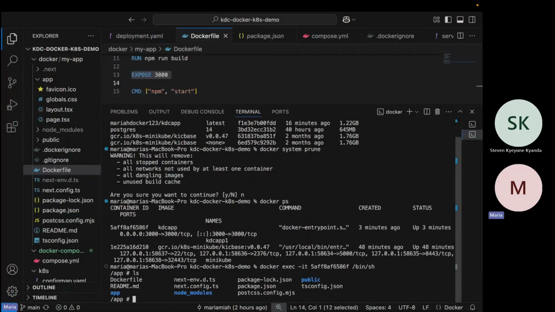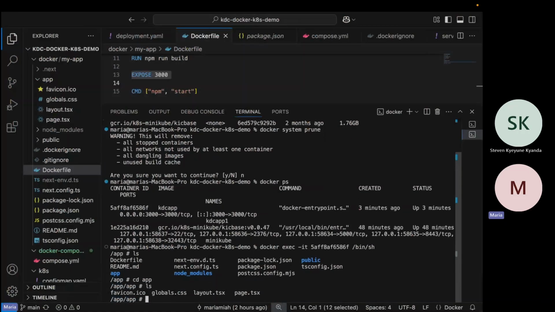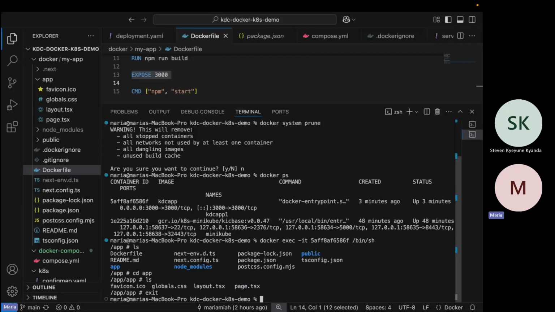If I do an ls, I'm able to see my application, how it has been packaged. Everything has been copied over, including the Dockerfile, the package.json. When it ran the build, it created its own node_modules, even if we had ignored them on the other side. Then also the app folder. So cd app, and we list what's there. So that's how the container looks. It packages your application and you are able to see anything in that. So I can exit. Yes, please.